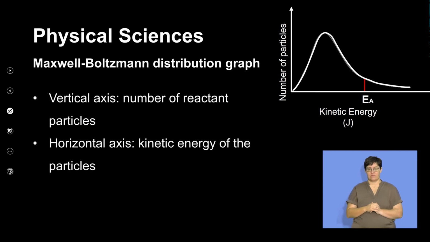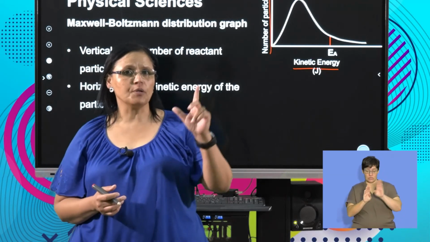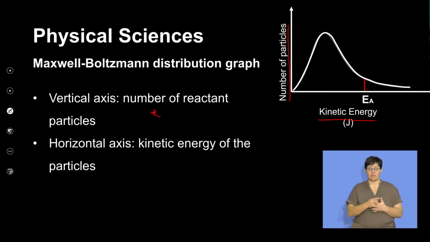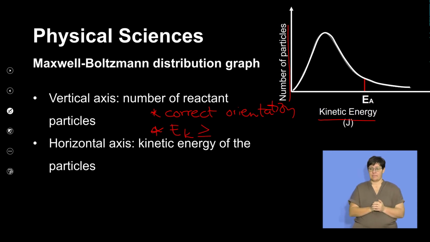When we look at the curve, a normal distribution under normal circumstances, on our vertical axis we have the number of particles, and on the horizontal axis we have the kinetic energy, measured in joules. Remember what we said: for an effective collision two requirements must be met. There must be a correct orientation, and our kinetic energy must be equal to or bigger than our